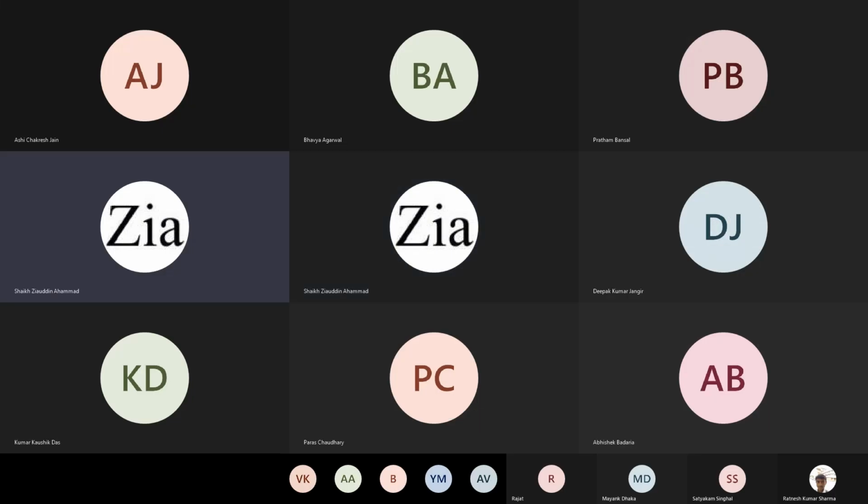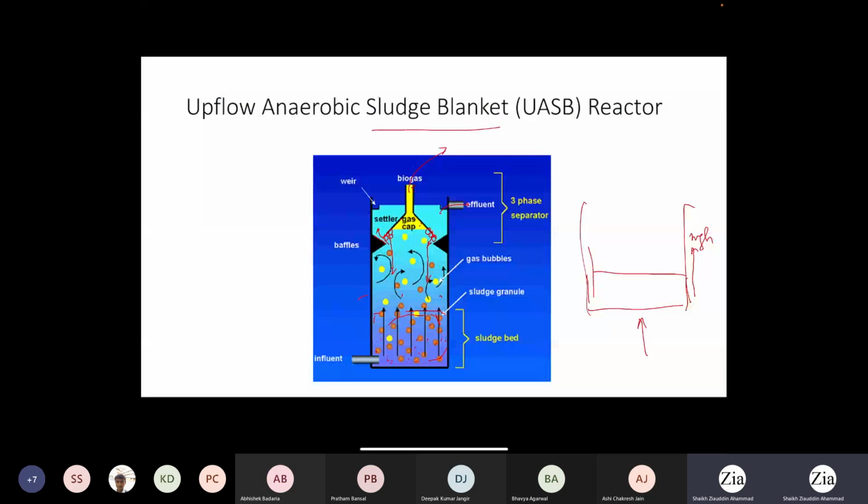So okay, we have discussed the upflow anaerobic sludge blanket reactor in the last class. So in the upflow anaerobic sludge blanket reactor,